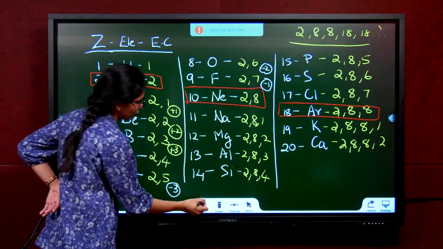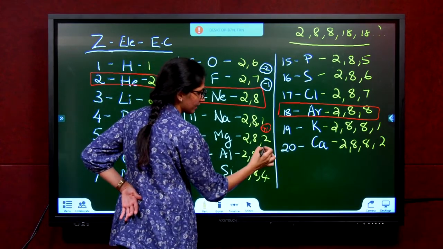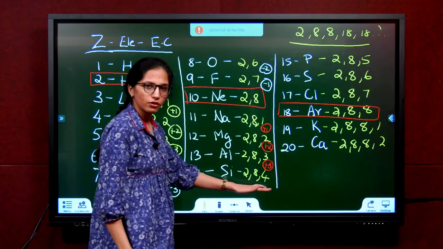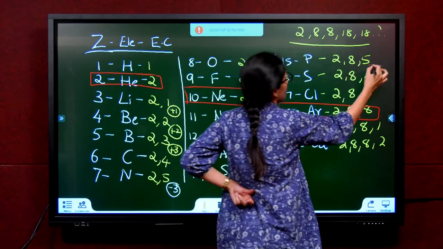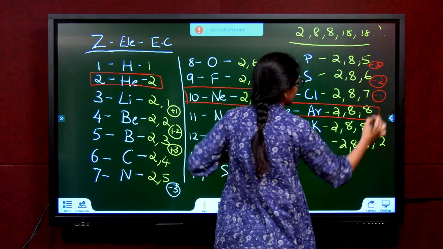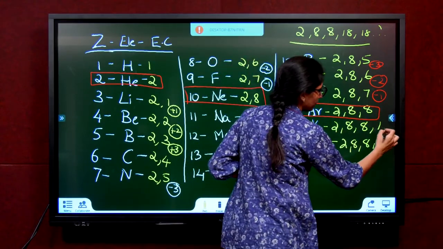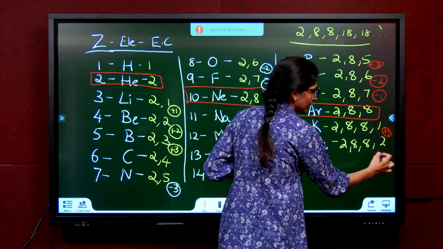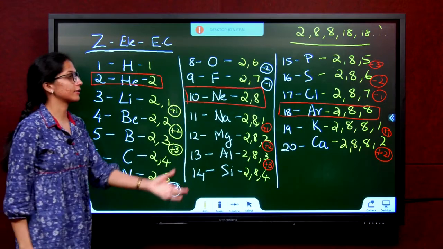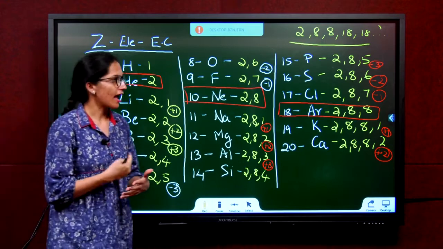So now can we be quick and decide what happens here? This will give away and become +1, +2, +3. 4 for now we will ignore. Coming to this, -3, -2, -1. Already stable, does not give, does not take. 1, give away 1 becomes plus, +1. Gives away 2 becomes plus, +2. So whatever is written in the circle is the valency. I hope you understood the meaning of valence electrons and valency.